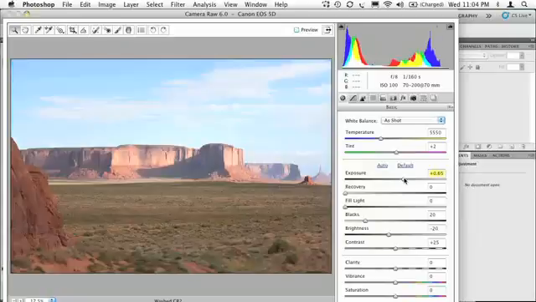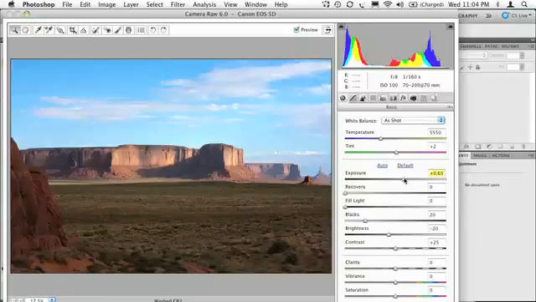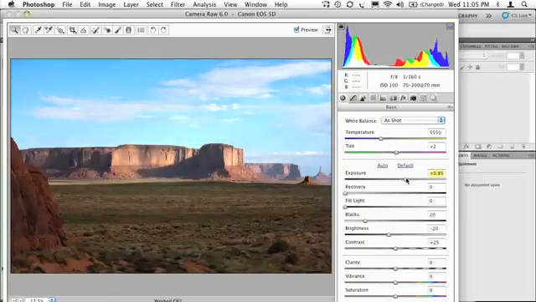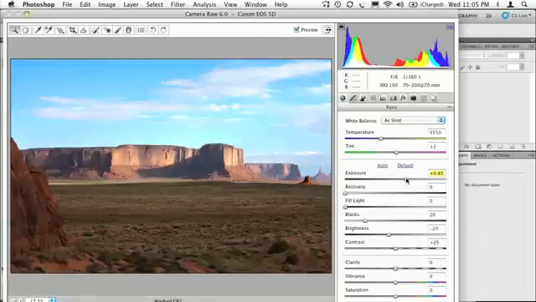Let's do a preview before and after, right? So look at that. We lowered the brightness to make the sky look better. We brought in the black so it didn't look washed out, but then the whole image looked too dark. And then we just increased the exposure just a little bit like that. And the whole image, let's do a before and after again, looks much, much better all the way around. So that's just a couple of things to keep in mind as far as